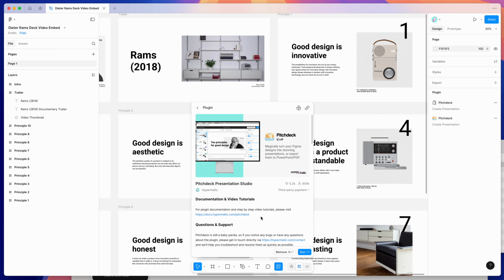So to get started, all we need to do is go to our Figma file and click on this little actions icon down the bottom here. And what you want to do is search for Pitchdeck. And under the plugins tab, if you click on the Pitchdeck item, you can run the plugin by either